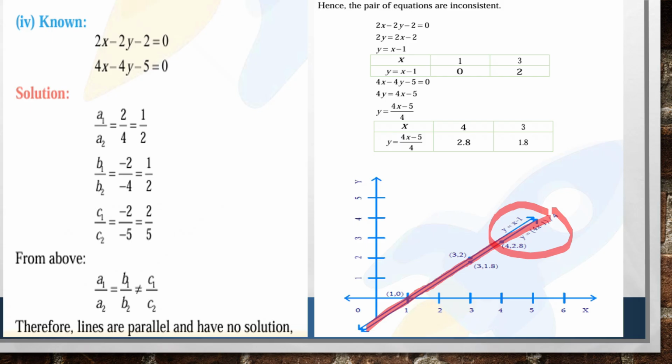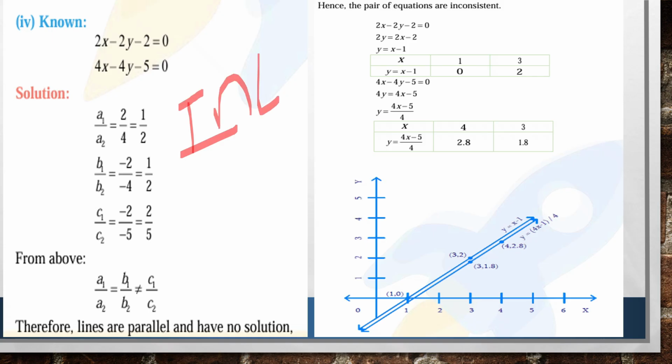So all the three conditions which I have discussed in the introduction video, please go and watch. It will be helpful. Otherwise, you will not understand what I am teaching here. So better to watch the first video. In that I already explained the introduction part. In that I have explained all the three different conditions of the pair of linear equations: when it is coincident, when it is intersecting, all things I have explained.